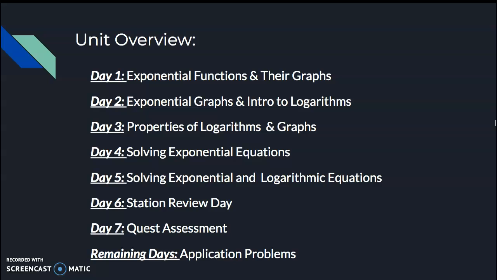The unit overview. So the first day we're going to look at exponential functions and their graphs. The second day we're going to continue a little bit more with exponential graphs for the first portion of the class, because your homework for day one will be watching a video that really expands upon graphing exponential functions. And then the second portion of the day two class will be starting to introduce logarithms and some of those